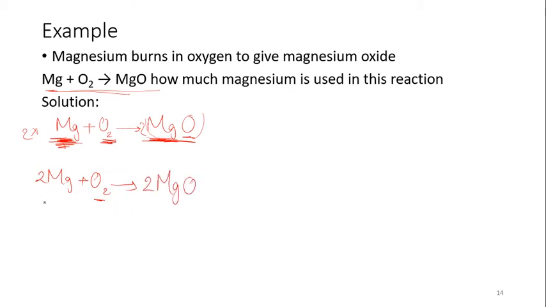So now let's count the number of atoms. I have 2 magnesium atoms and 2 oxygen atoms. On that side, I have 2 magnesium atoms and 2 oxygen atoms. So